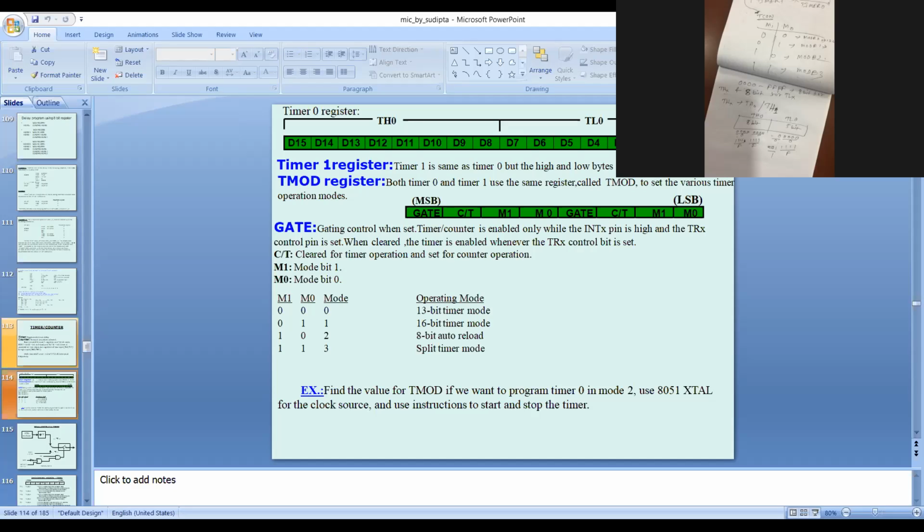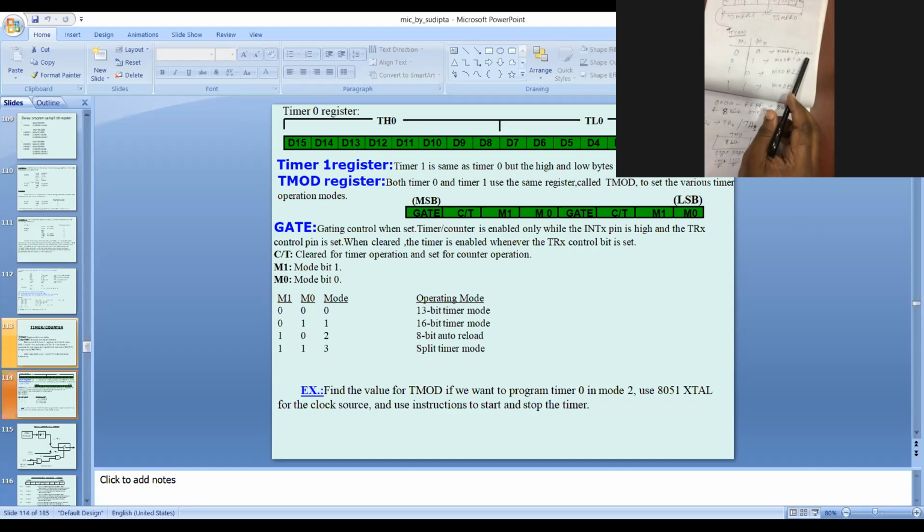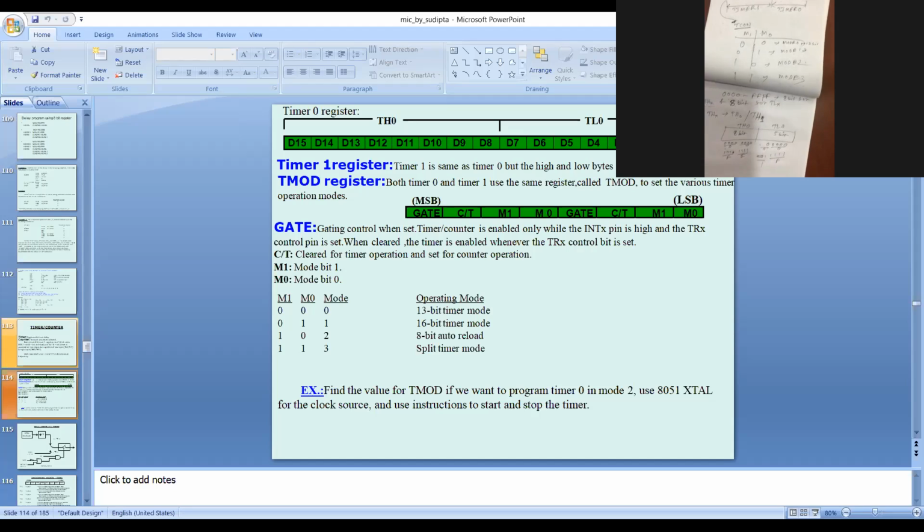If you require a smaller time, then you go into mode 0, that is the 13-bit timer mode. If you require a higher delay, then you go into mode 1, that is the 16-bit timer mode. So it can count from 0000 to FFFF, right?